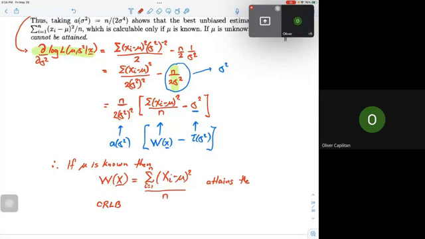Because it attains the Cramer-Rao lower bound, so W of x of this sample is a best unbiased estimator of sigma square. Naintindihan nyo ba? Yung sa previous example natin, ginamit natin yung Cramer-Rao inequality, yung Cramer-Rao theorem. Pero,